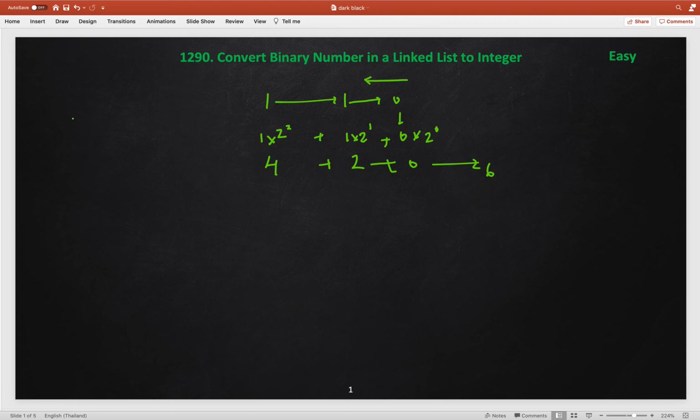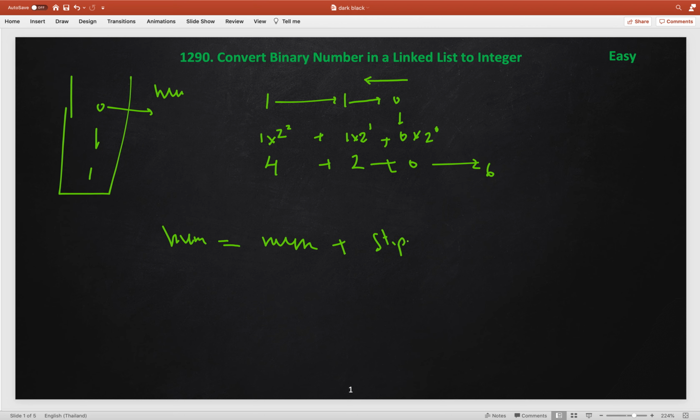One solution you can do by brute force: put these numbers into a stack to get the reverse order. So 1 1 0, then pull from the stack one by one and keep a factor variable, multiplying it at every step by 2, and keep a decimal number num, and keep adding the product, like num equals num plus the value from stack.pop multiplied by factor, and at every step you update factor by multiplying it by 2.